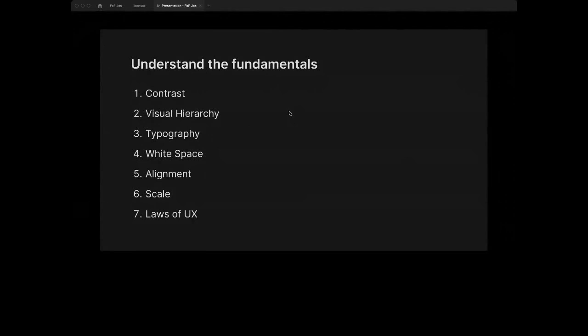Then alignment is very, very important in UI designs. I see a lot of UI designs where some elements are placed 1 pixel off. I'm more of a perfectionist, so that kind of thing I usually tend to find my way around, and if it's someone else's design, I tend to call the person's attention to that aspect. So alignment is just arranging your elements, probably in terms of grid,